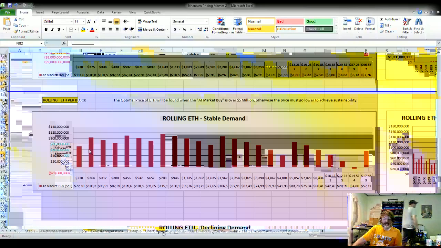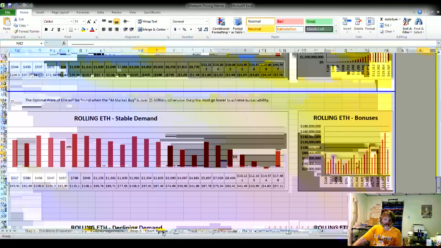Let's say if we put in demand as lower demand, you'll see on this little thing that the forced buy is $60 million a month, even with this lower demand. And even with that lower demand, the expenditure is quite high.